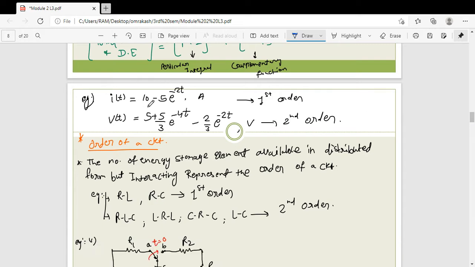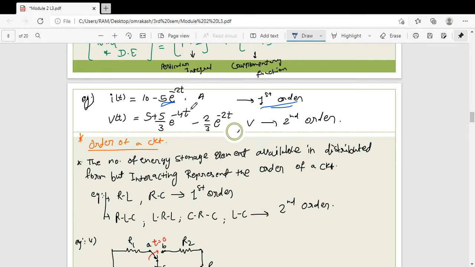Now see here, there is some example I am taking here. Now this is the first order circuit. Now see, this is a forced response. This is the natural response. After some particular time instant, this response dies out, right, in that circuit. So after some particular time constant, this term dies out, right? So we can say that this is a transient term present in our equation.